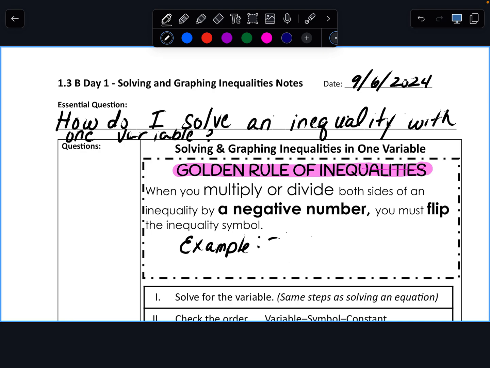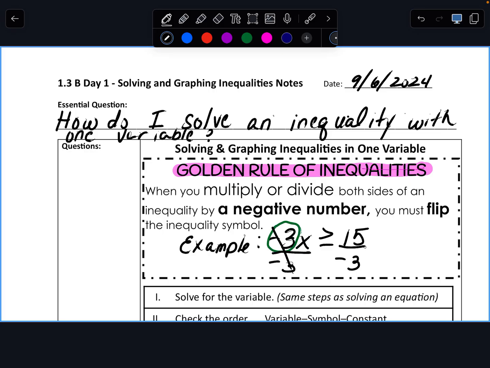If I have negative 3x is greater than or equal to 15, in order for me to solve it, I have to move this negative 3. I do that by using inverse operations. I don't want it with the x, I want it on the right side. So I'm going to divide both sides by negative 3. When I do that, that cancels to a 1, and I get x